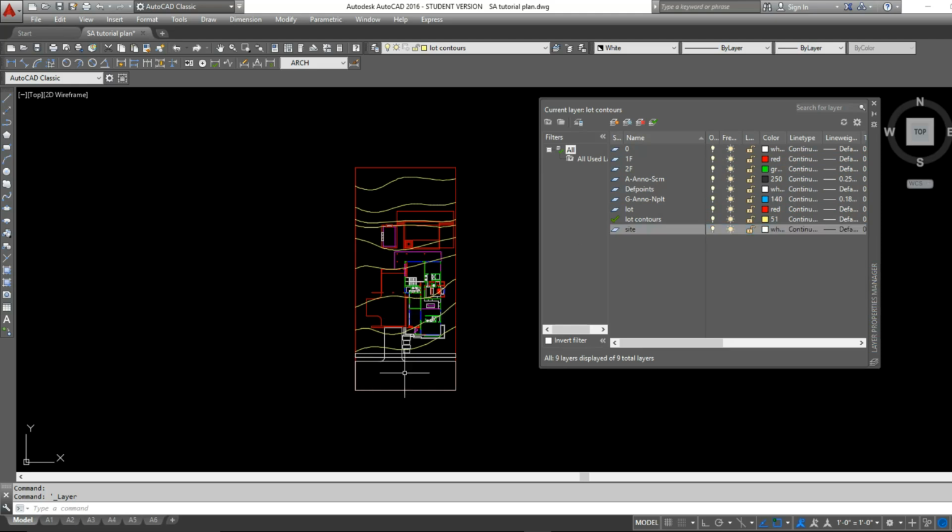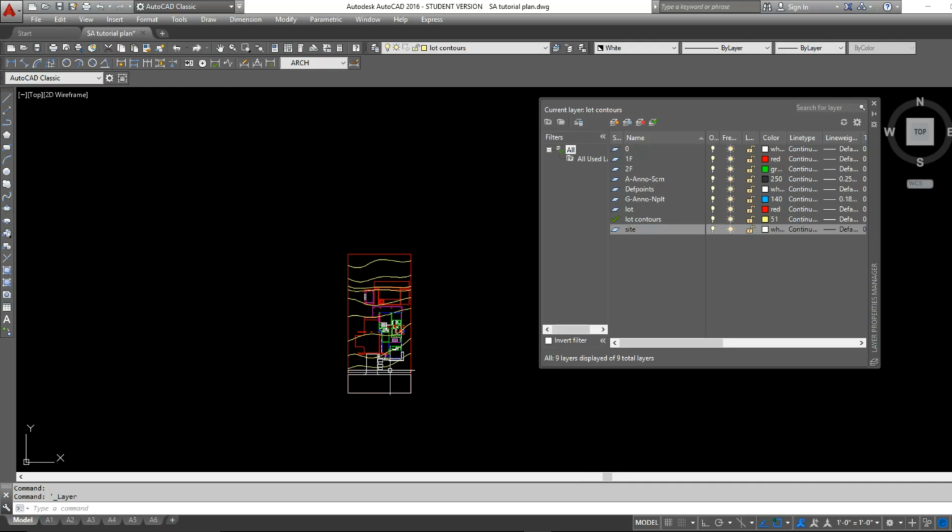But they are overlapping, and I want to be able to build my first floor and second floor and my site separately. When I bring it in just like this, all the layers are going to be together, and it's going to cause some stickiness, which we will go over a little bit later, and it will cause a little bit of frustration when we're building our model. So I'm going to go ahead and separate these floors in a way that will help me when I bring it into SketchUp. So let's lock our 1F layer, and let's start with our site,